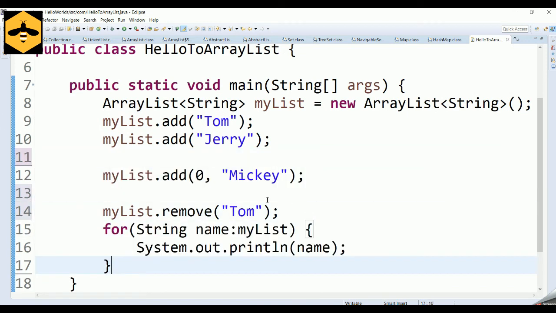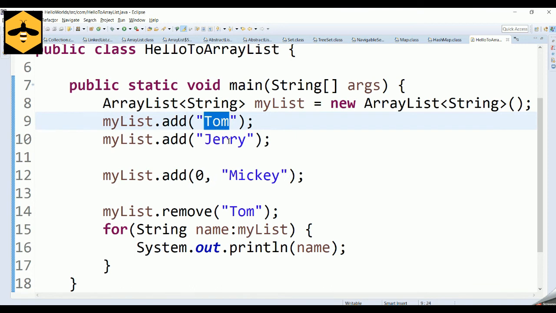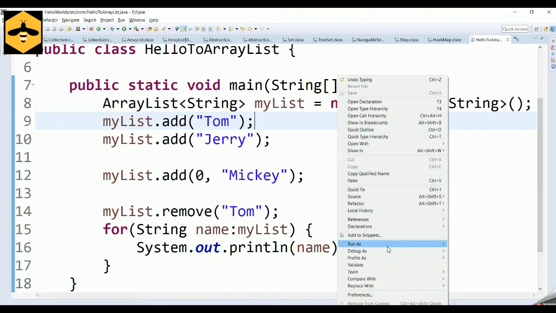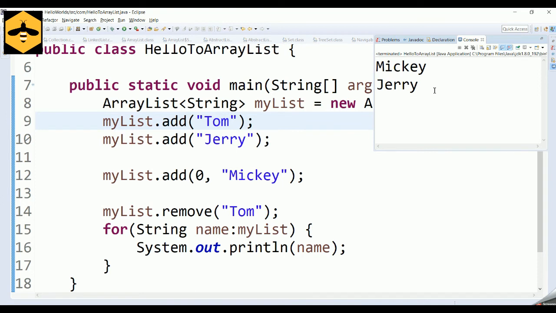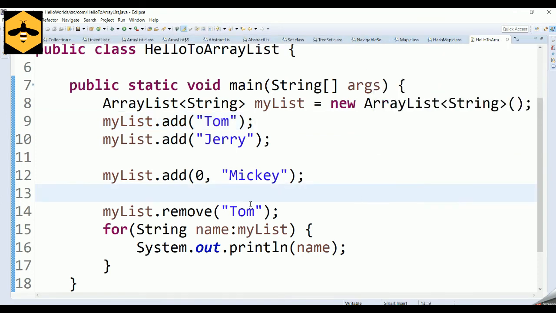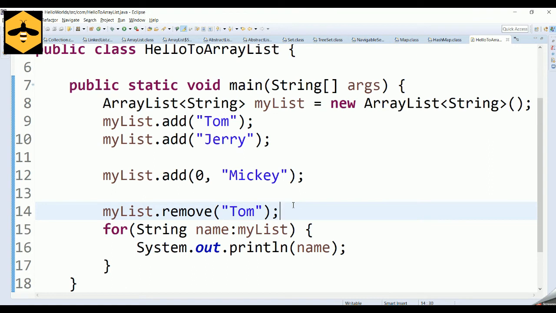So as per our previous implementation, our list contains three elements: Mickey in the index 0, Tom in the index 1 and Jerry on the index 2. Now since we have removed Tom, let us iterate the list and see what is getting printed. Now if you run this particular program, only Mickey and Jerry will get printed and Tom has got removed from your list. You can even remove elements by making use of the index.